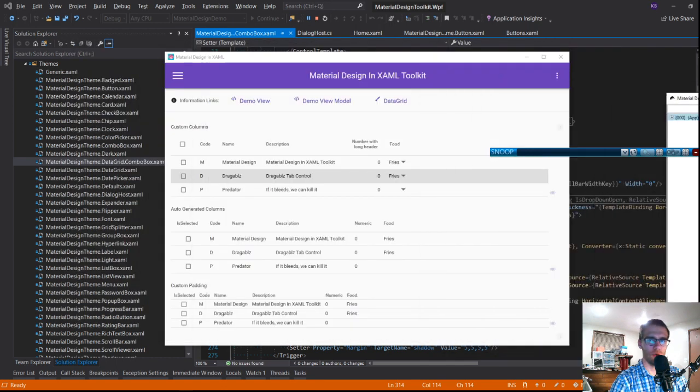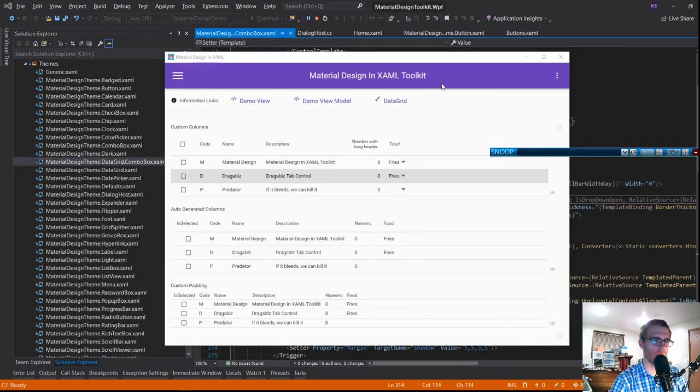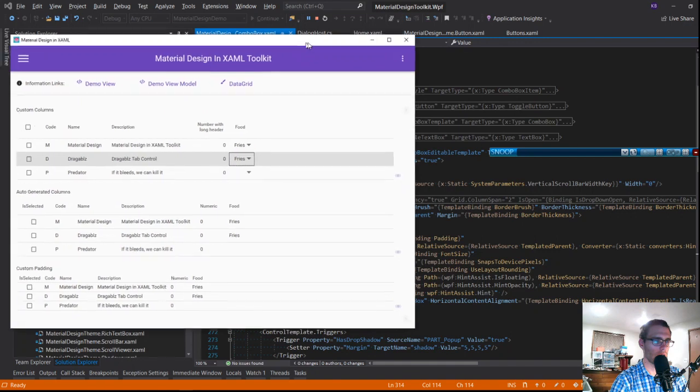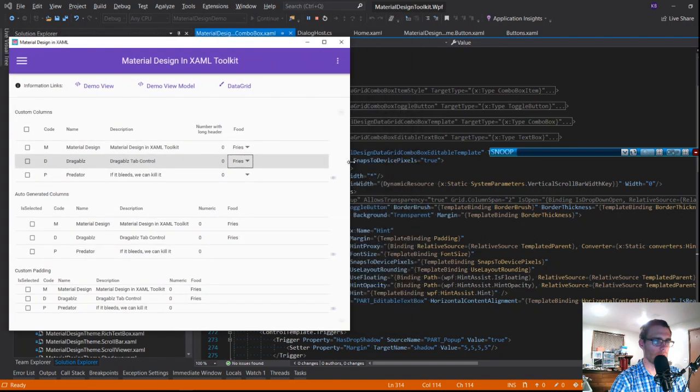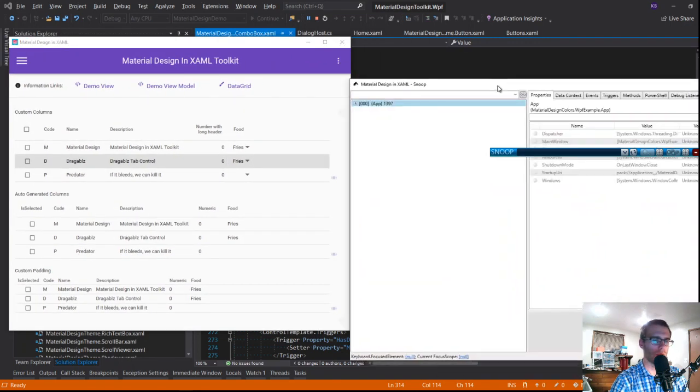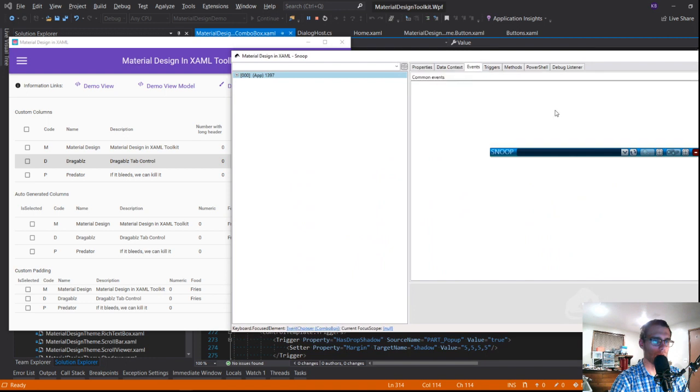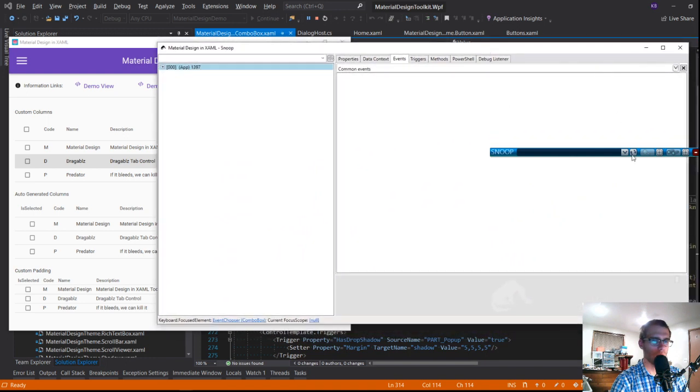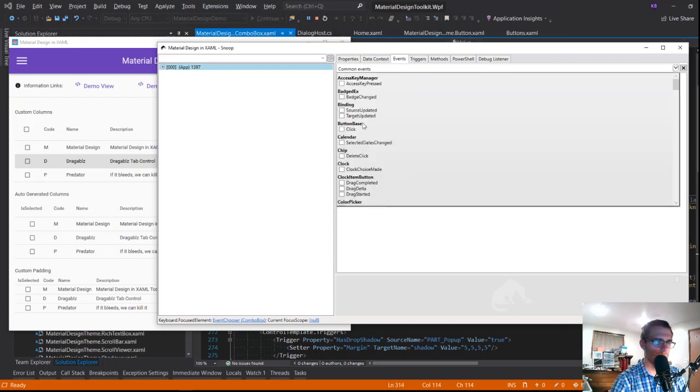And I'm going to move Snoop to the side for the moment so I can get this guy locked into where I want. And I'm going to move you over here, and we'll bring Snoop back. Okay, so in this case, we're going to look at events.